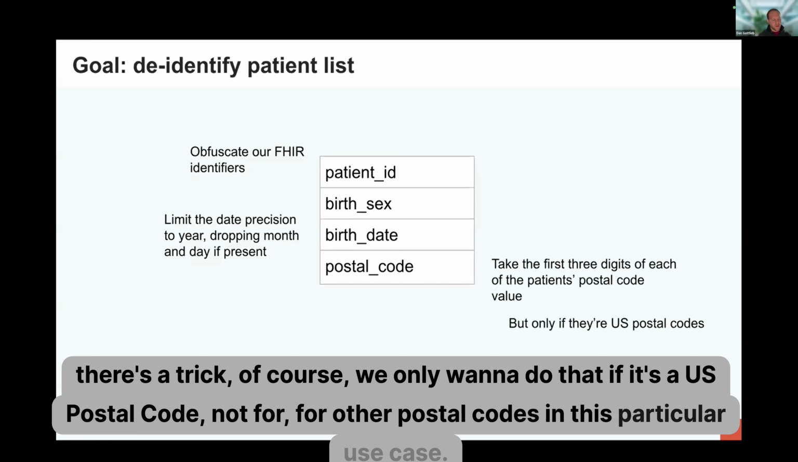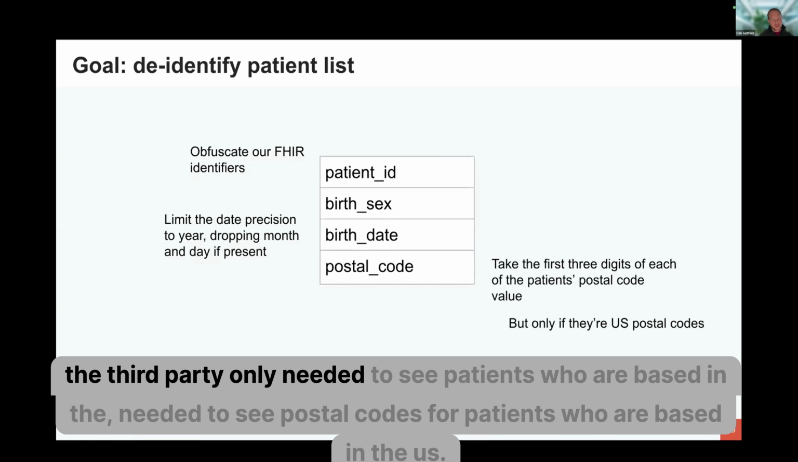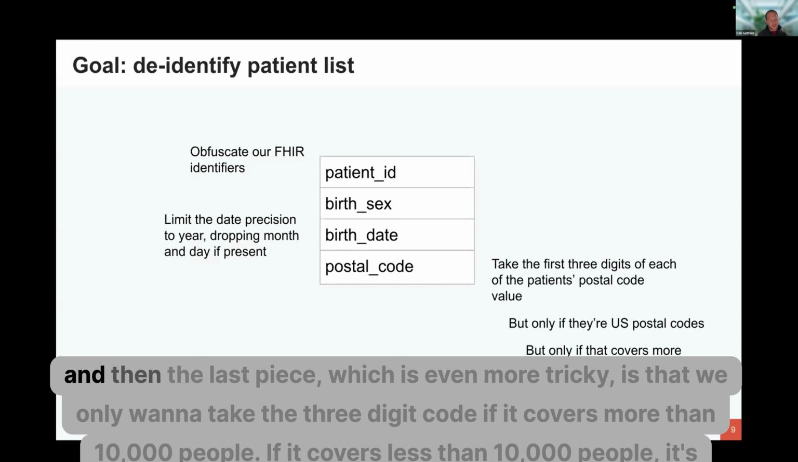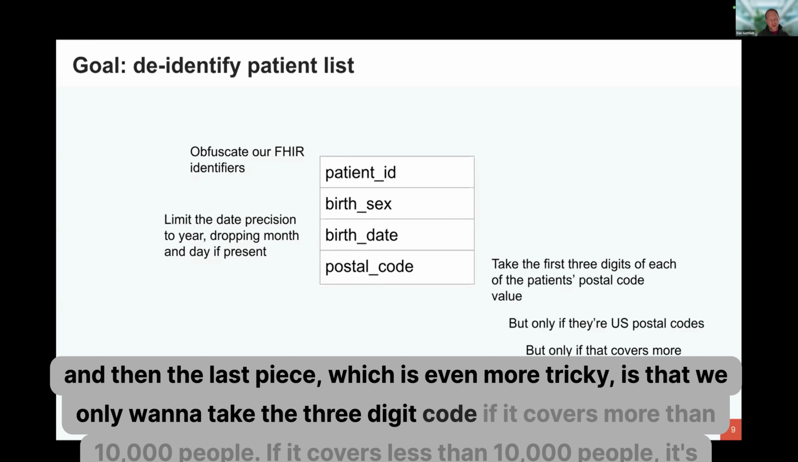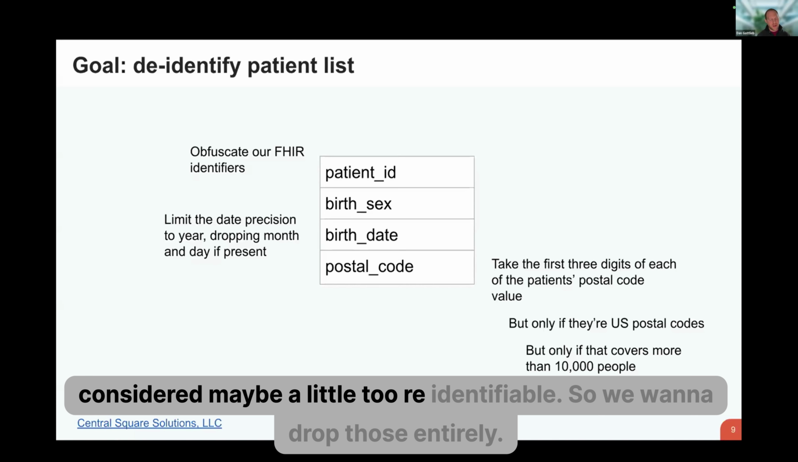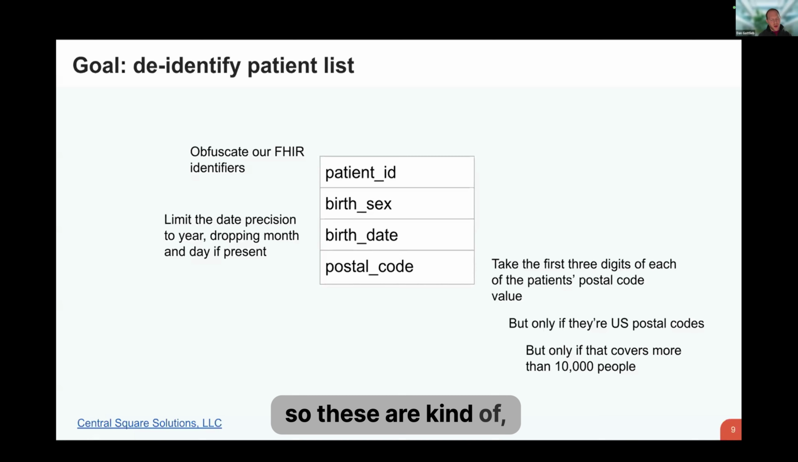In this particular use case, the third party only needed to see postal codes for patients who are based in the US. And then the last piece, which is even more tricky, is that we only want to take the 3-digit code if it covers more than 10,000 people. If it covers less than 10,000 people, it's considered maybe a little too re-identifiable, so we want to drop those entirely. So these are things that are ideal to do in SQL,